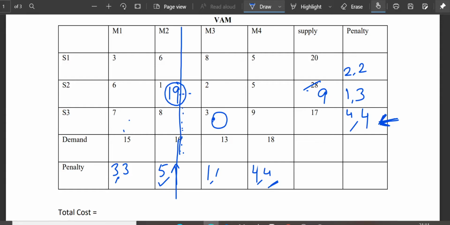In this 3, what entry should I make? See, the corresponding demand is 13. The corresponding supply is 17. So 13 will come here. But if I consider this other 4, I will make my entry in M4. In M4, I can make my entry in the minimum cost cell here and here, right? Suppose I make my entry here, then the corresponding demand is 18, supply is 20, so 18 will come in the circle. If I make my entry here, here it is 18, here it is 9, so 9 will come here. So I have to choose the largest one. So I will select this 18.